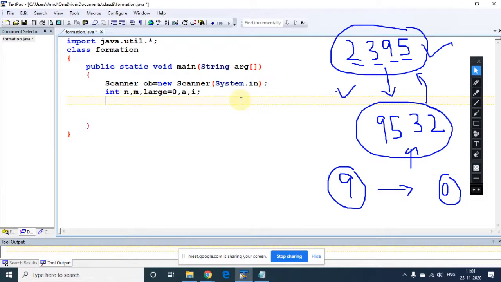So first of all we will ask the user to enter a number. Any positive number. This is important. So now we are storing that number, and at the same time we are inputting the number in M also.